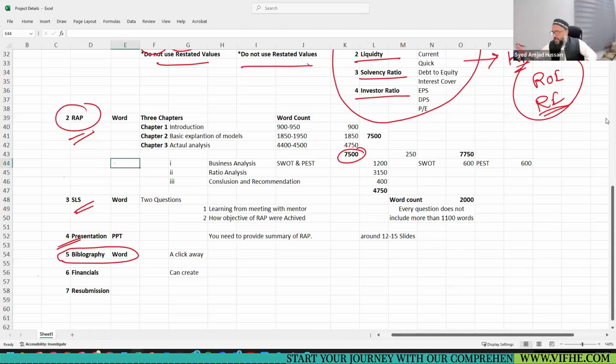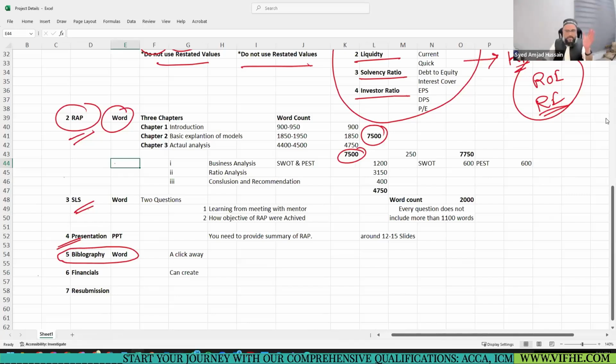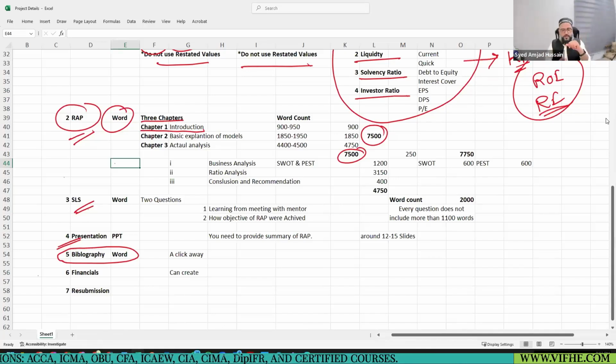Now, the next file is the Word file, right? And the word count limit of 7,500 is specific to this Word file, the RAP file. This RAP file was divided into 3 specific chapters. Chapter 1 is related to the introduction part. In this introduction, you are just giving a brief overview about yourself, like how you have actually landed into this OBU project, why you have selected topic number 5, what were the reasons that you have selected a specific company,